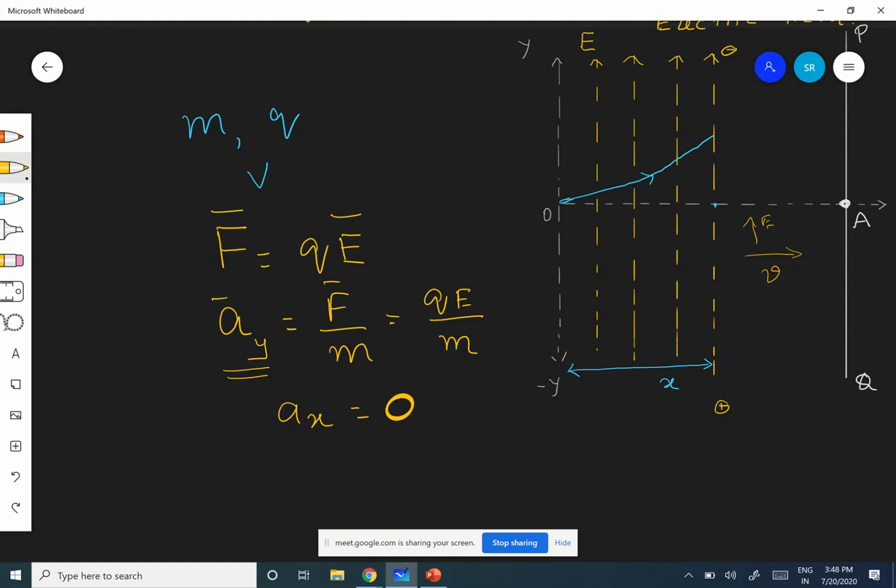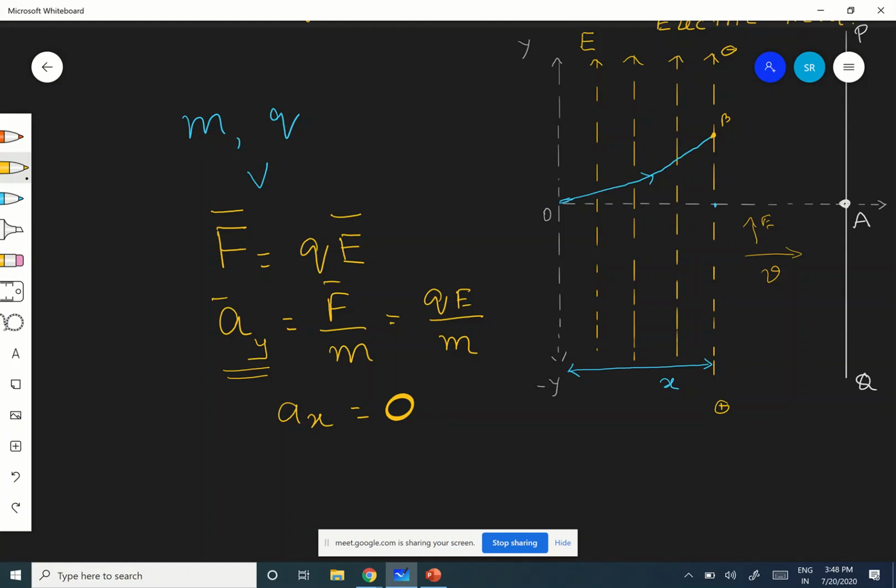Okay, and that is very, very important along the x direction, but only it is accelerated along the y direction. So as you go from O, here see the particle is actually accelerated along the y direction. It is going from O to, let this be B. Okay, this point, let it be B. So O to B, it is continuously accelerated. So its velocity, definitely, what is it? Its velocity will change, from O to B. Why? Because it has some force due to the applied electric field.